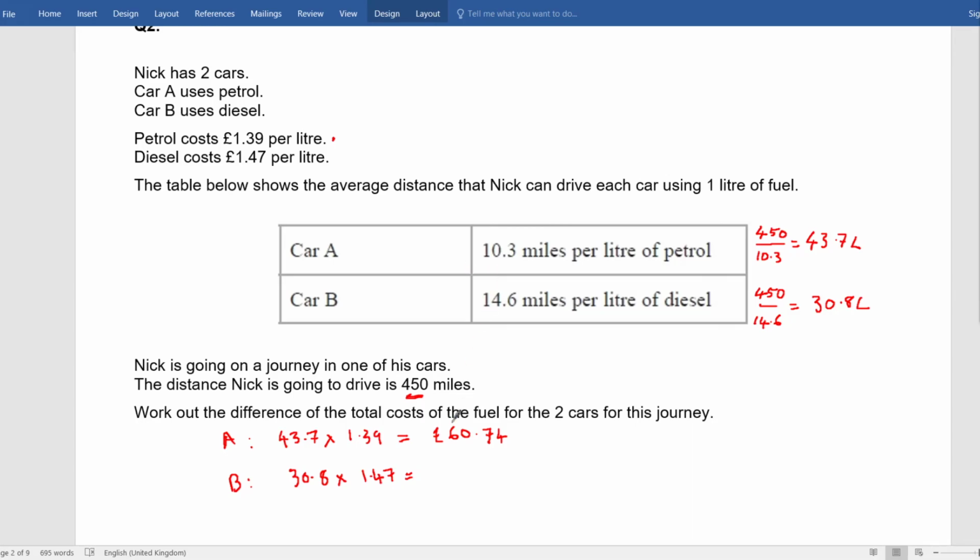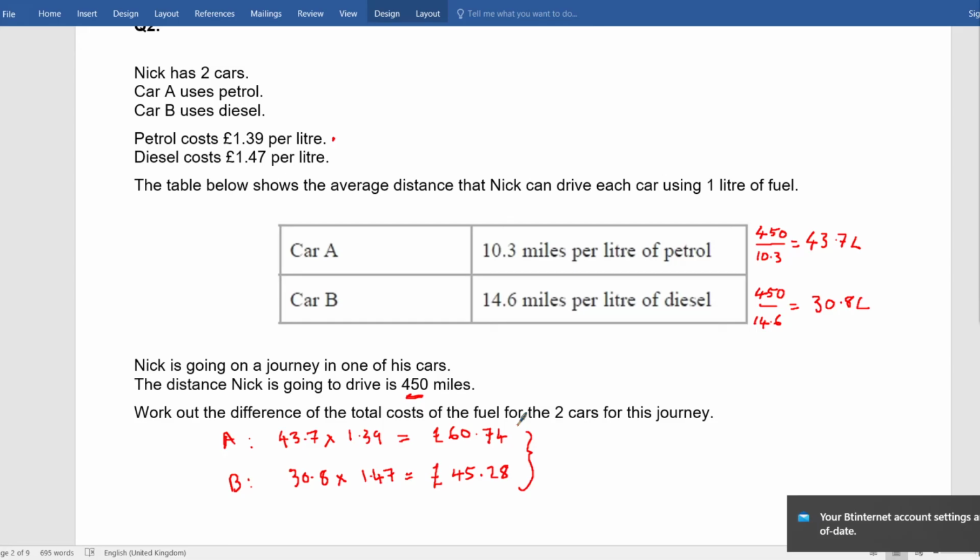Total cost of that journey is going to be, using car B, £45 and 28 pence. Now it does want the total difference, so we should just get the subtraction, get the bigger value, take away: 60.74 minus 45.28, and we get a difference in cost of £15 and